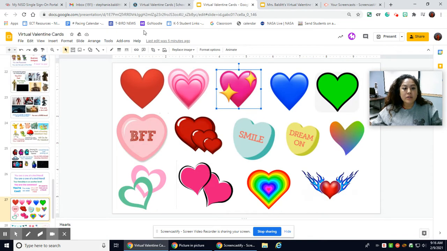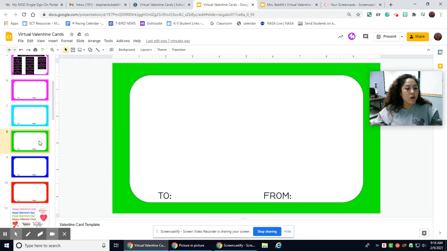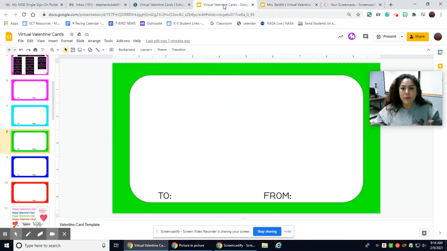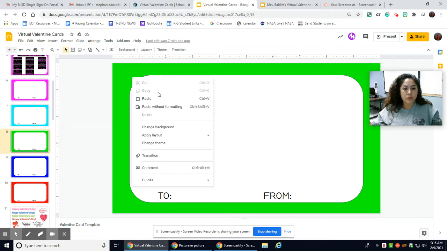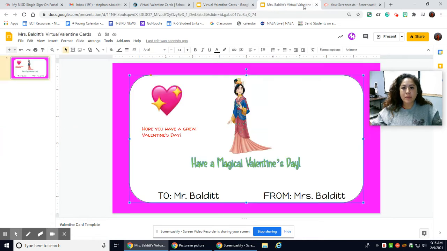So we're going to come back to our slide tab here that has all of our different images and our cards. We're going to click this. Now that we've already created a copy, we don't need a note. We no longer need to do that. We're going to click and highlight, and I'm going to do Control C. Okay, I'm copying that, so Control C, and then I'm going to click back to my Valentine's